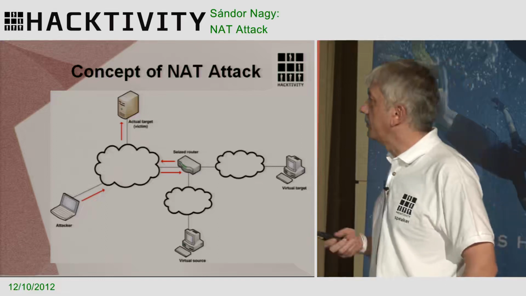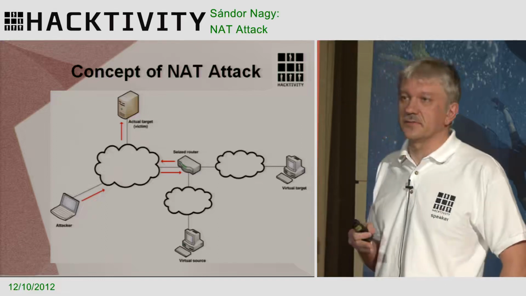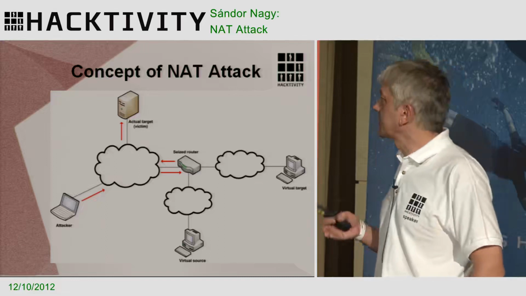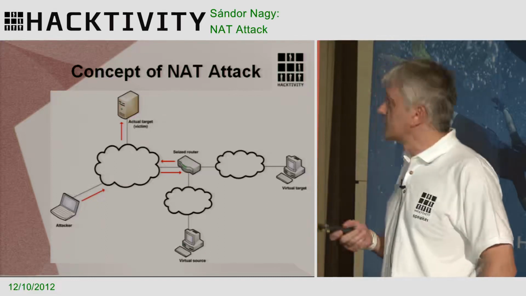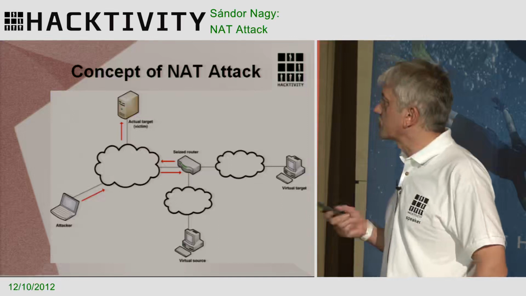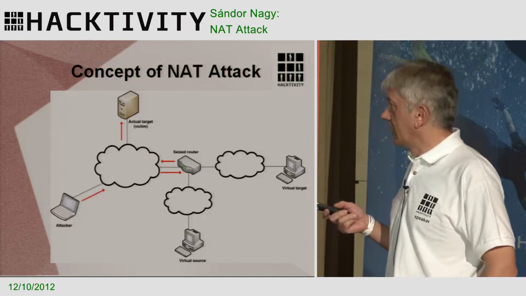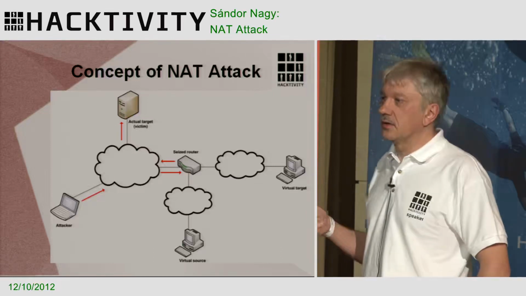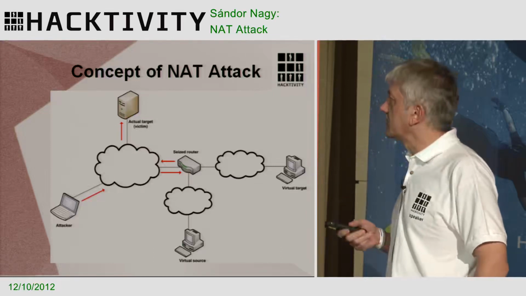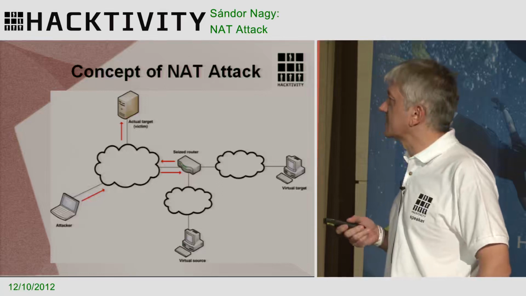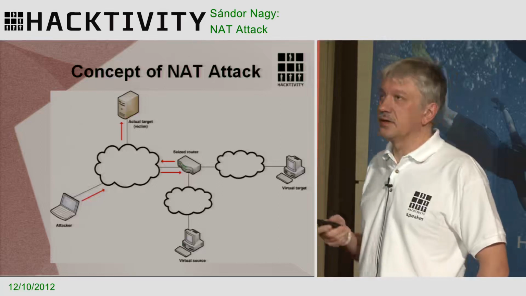So an IP packet is sent out, the source is the attacker's IP, the destination is the virtual target. Because the virtual target IP is selected in such a way that all the packets from the attacker go through the seized router,